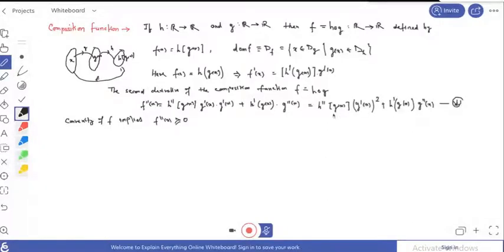If both terms are greater than or equal to 0, then the sum is also greater than or equal to 0. So here we take some cases, and there arise four cases. Okay, so here we suppose that